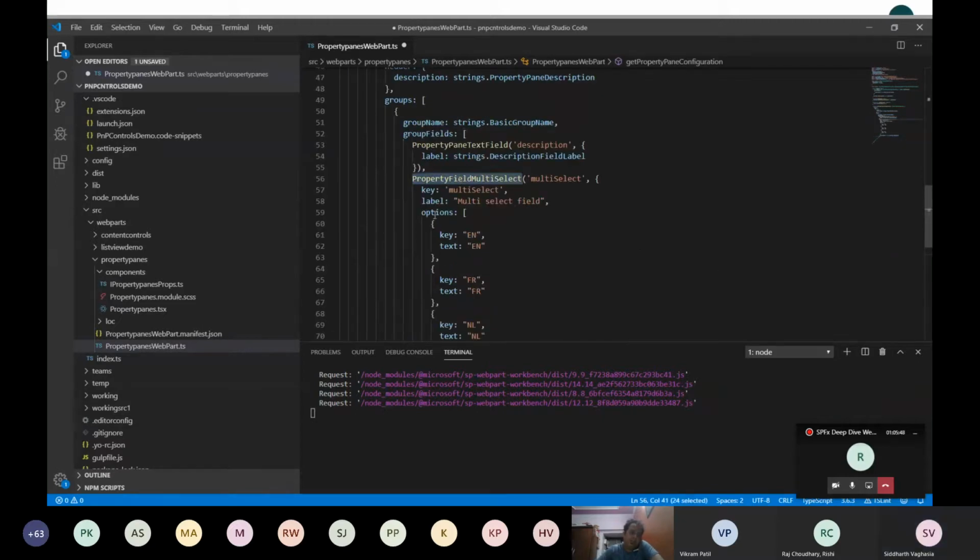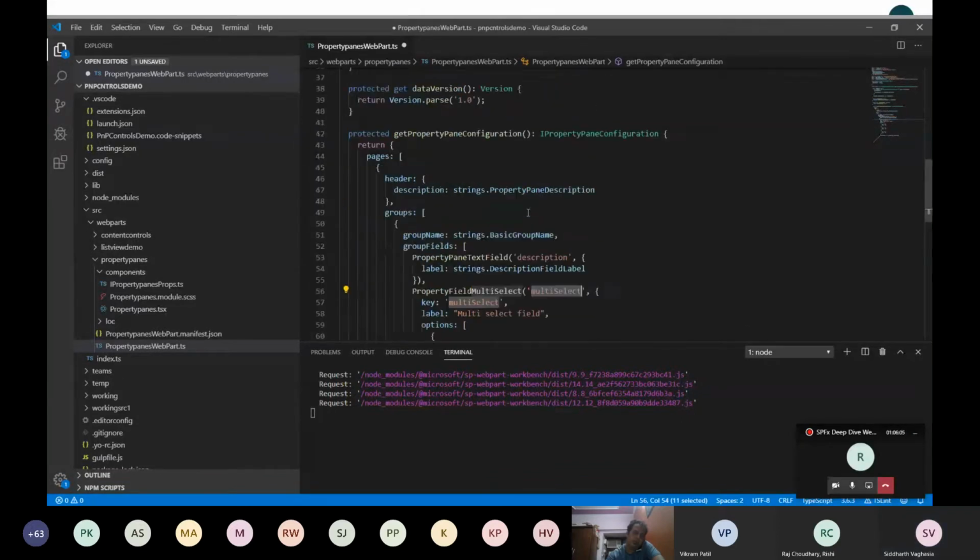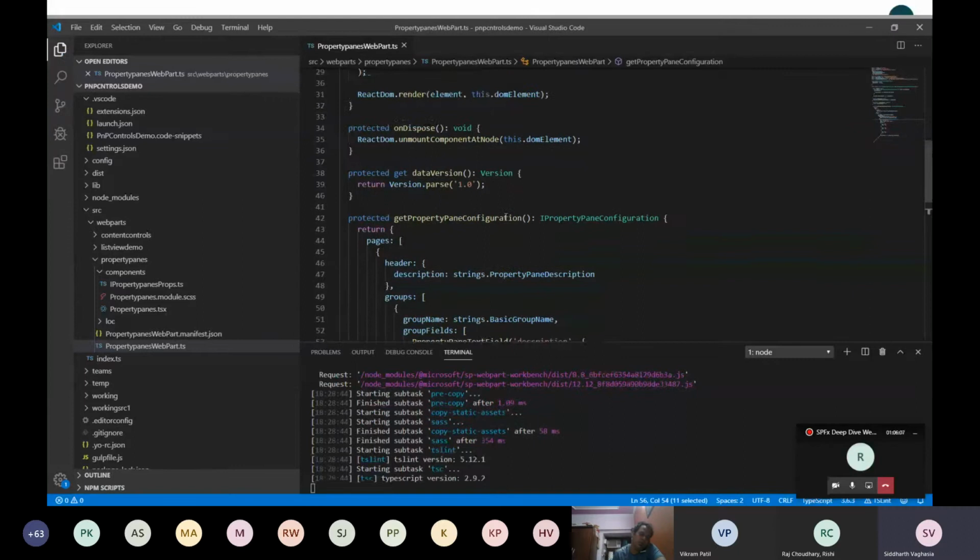These are the options available, like English, French, and some other languages. This is how the selected value of this property would be held in the property which we have created. Just save it here.